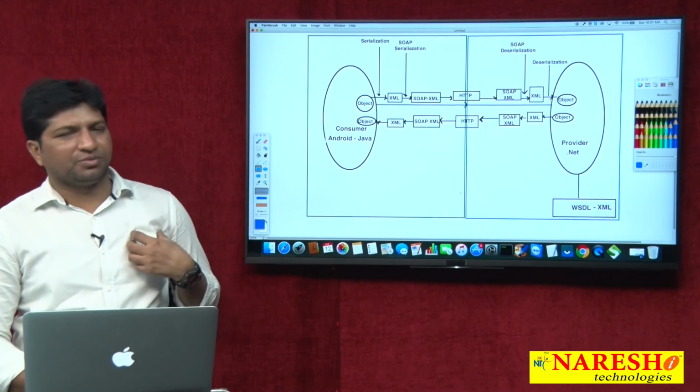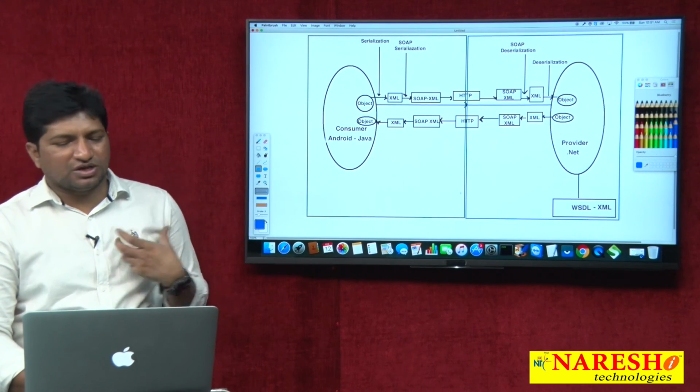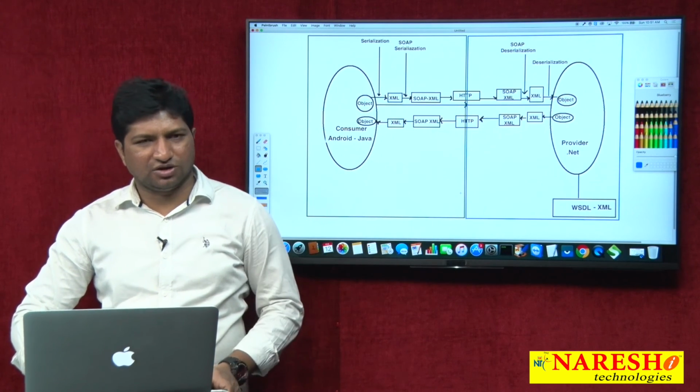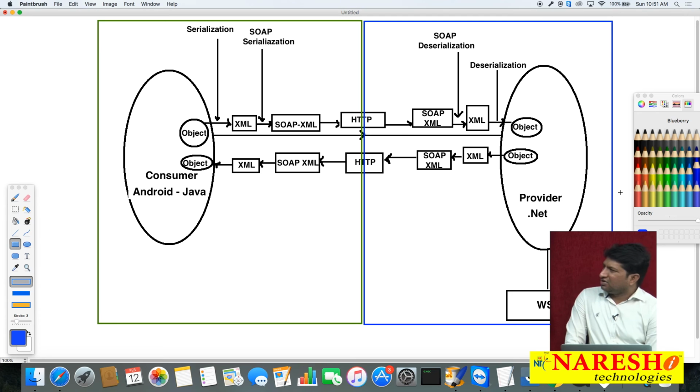On the provider side we don't require this, because we are mobile application developers. How they are receiving it and how they are doing all this process doesn't matter for a mobile application developer. In this entire communication, this whole process, meaning converting your object to XML,